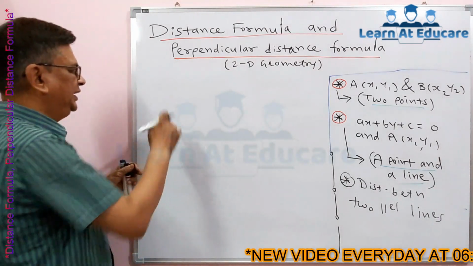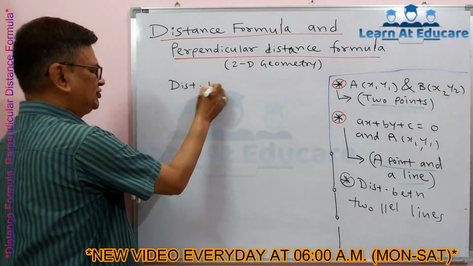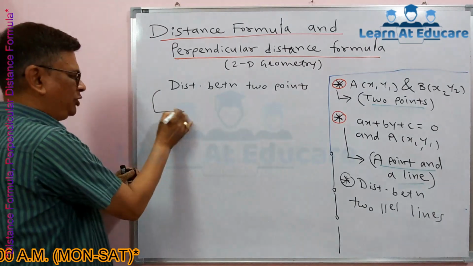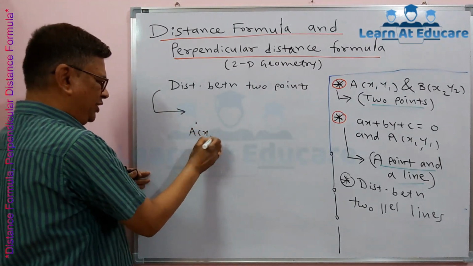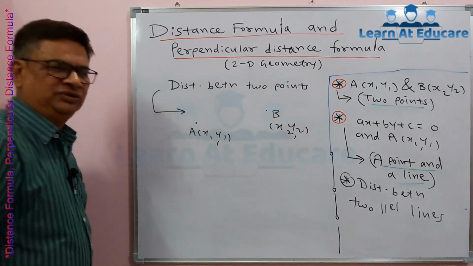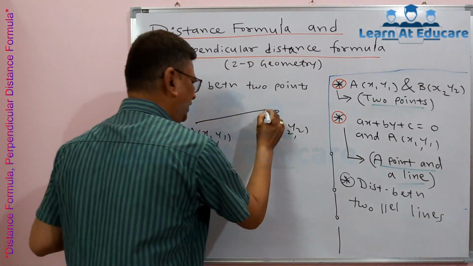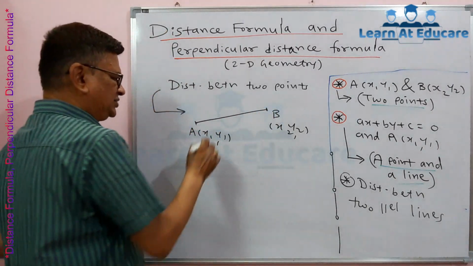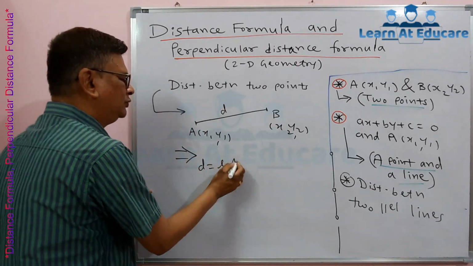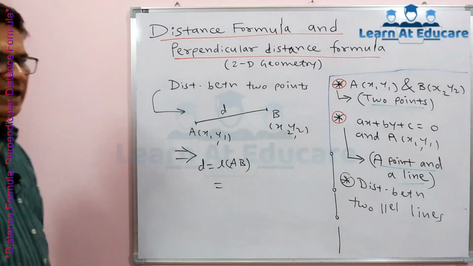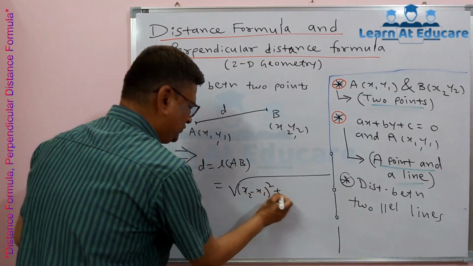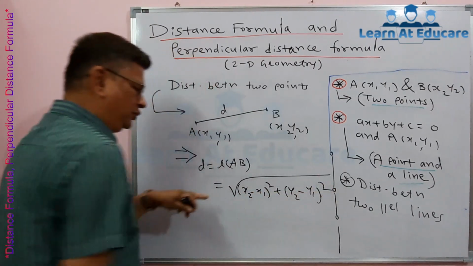But first we will see how to find the distance between two points if we know their coordinates. For that purpose we suppose one is the point A (x1, y1) and the other is the point B (x2, y2). Then the distance AB, which is also called the length AB, if denoted by d, is given by the distance formula: d equals the square root of (x2 minus x1) whole square plus (y2 minus y1)